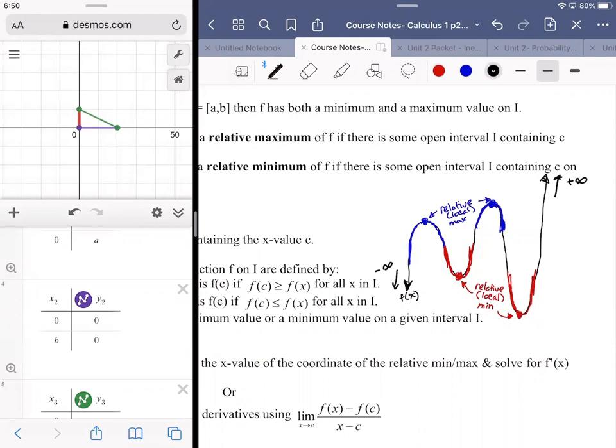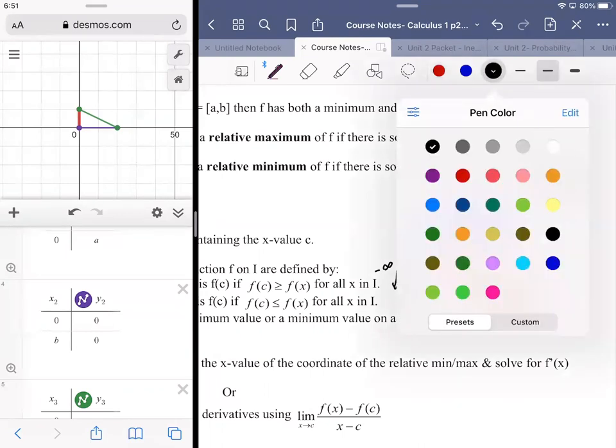So there is no absolute maximum, in the sense that we never get to an overall highest point because it always increases forever and ever without bound. Now, if I were to make a little adjustment here,